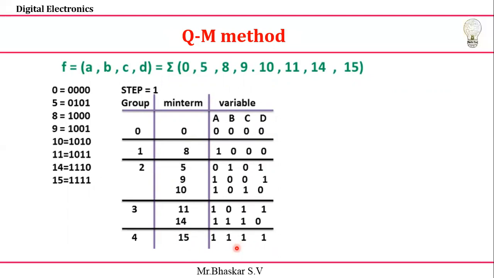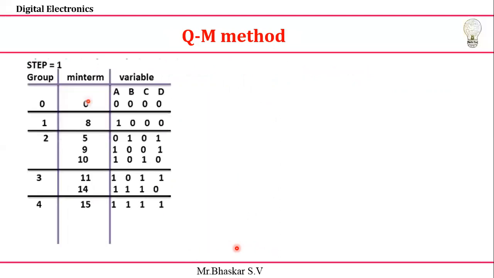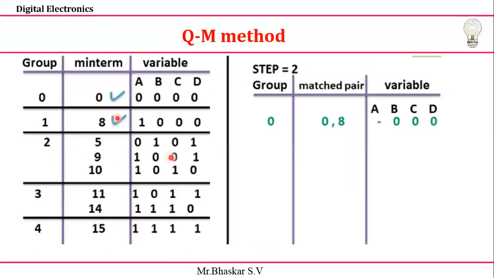Okay. Next, looking at step 2. In step 2, I'm going to choose this one. If we look at only one term where the remaining 3 variables are the same and only one variable varies, then we are going to group them. So how are we going to group? Let's check. Here it is group 2, ABCD. Let's see here. I'm going to take the minterm 0. Here also we need to start separately from 0.